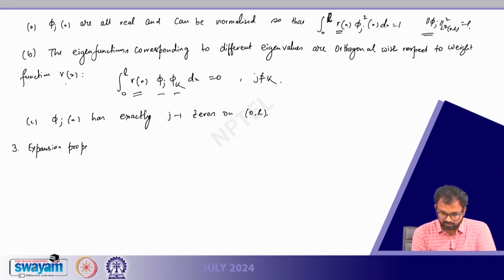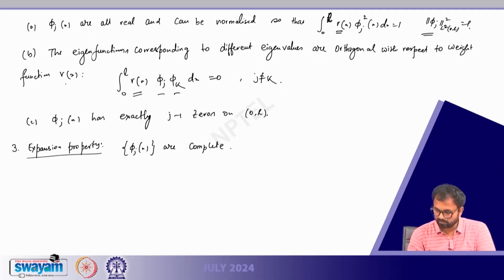Suppose the phi j(x) are complete. The phi j's are complete if f(x) is piecewise smooth,